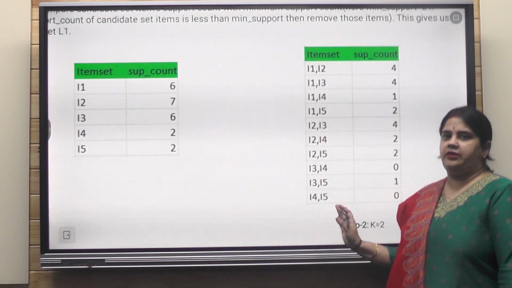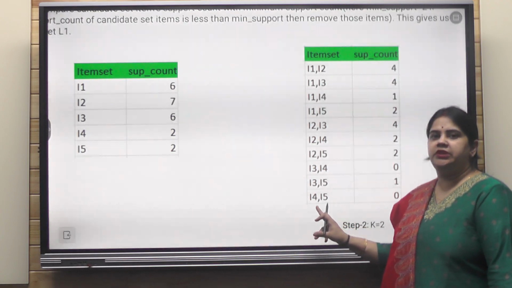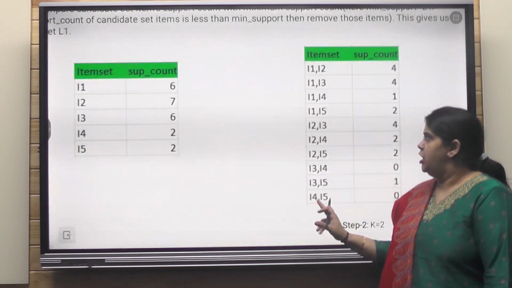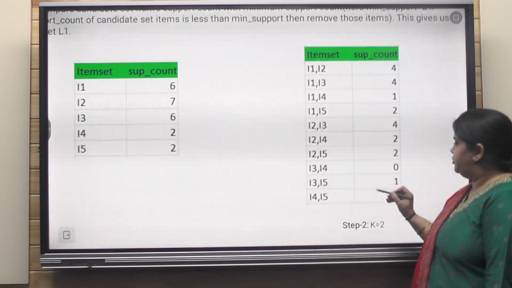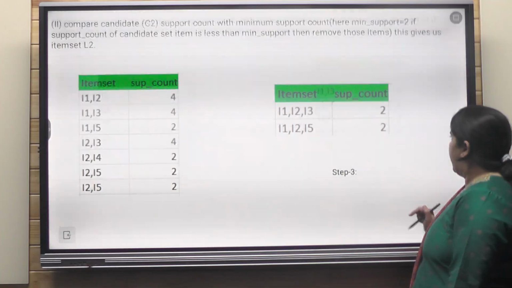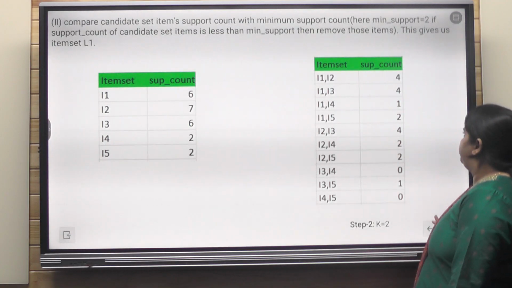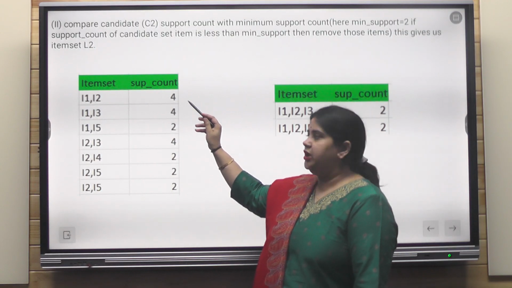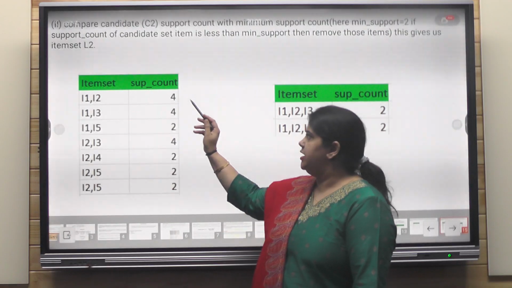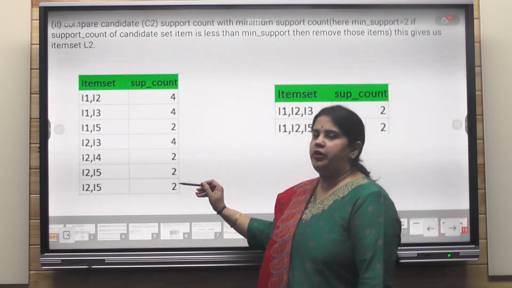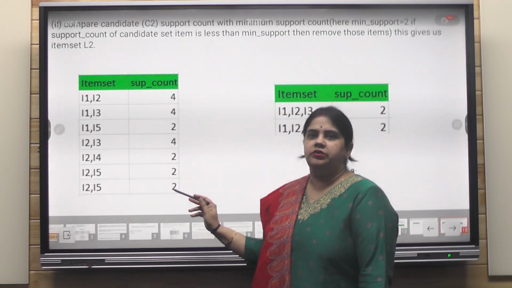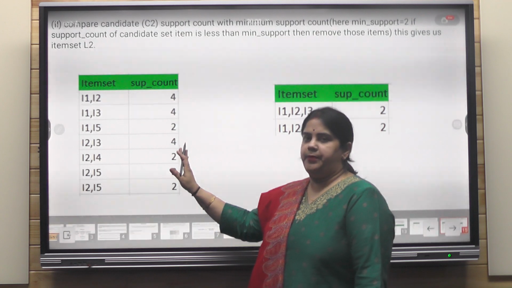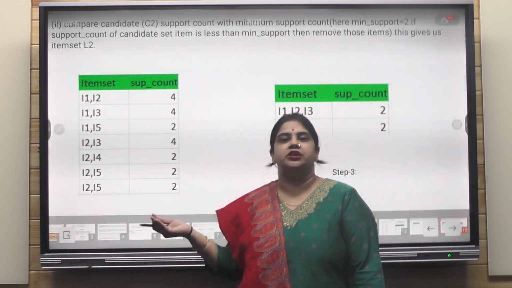So for the next iteration, we'll directly prune these rows and they will not be part of my final conclusion. These 3 rows will be eliminated and we will be restricted only to the first 7 rows. So my final answer after the pruning is I1, I2 4 times. Every tuple, every row is ensuring either the value of 4 or 2, that is the minimum threshold value. By this pruning step, we are done with iteration 2.